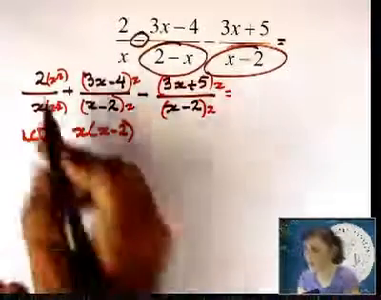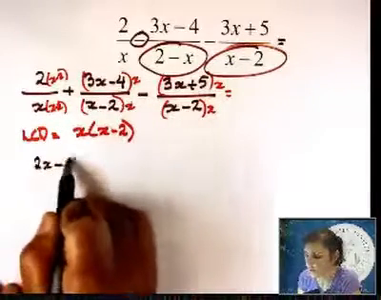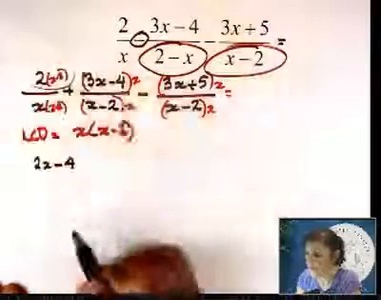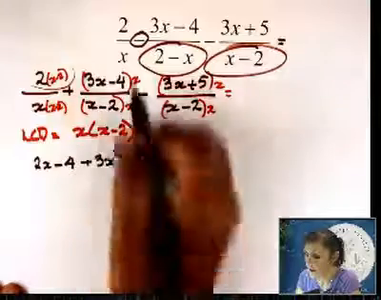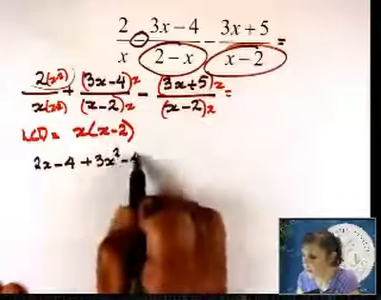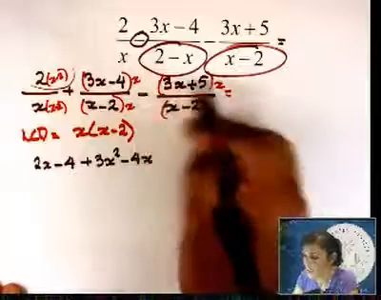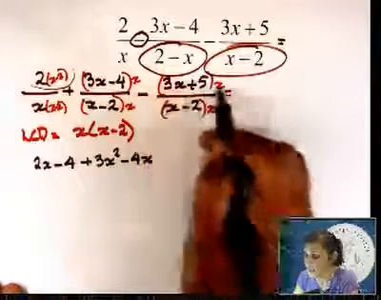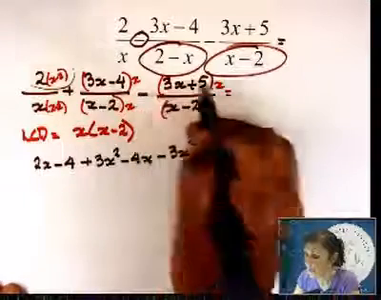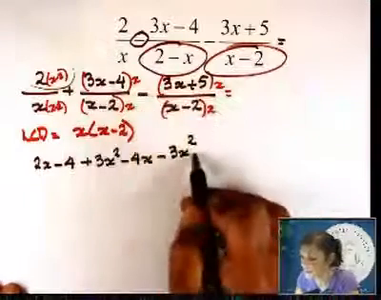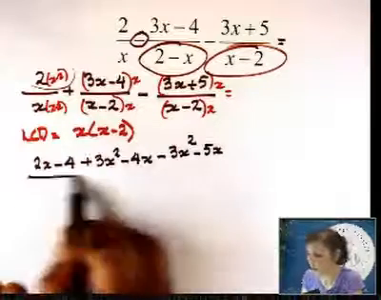I'm going to FOIL them out. 2x minus 4. That's this one. x times that, that's 3x squared. x times negative 4, that's negative 4x. Now I'm going to work this negative and that x in. Negative 3x times x, that's negative 3x squared. Negative 5 times x, that's negative 5x. That's the whole top. Over